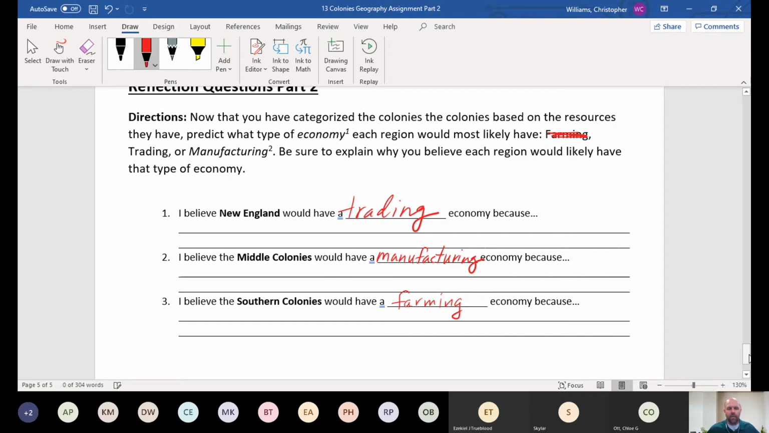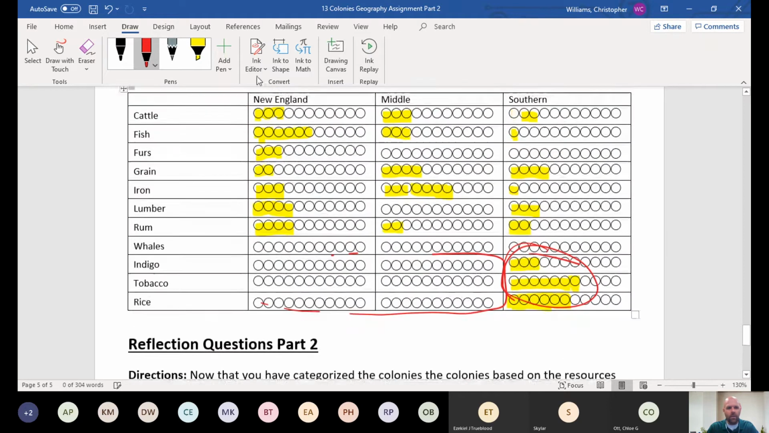So that's what you should have for the three types of economies. Now, we have to then, and this is the harder part, and this is the part that some people struggle with, and I agree, it's hard. We have to explain why. But if we go back and we look at